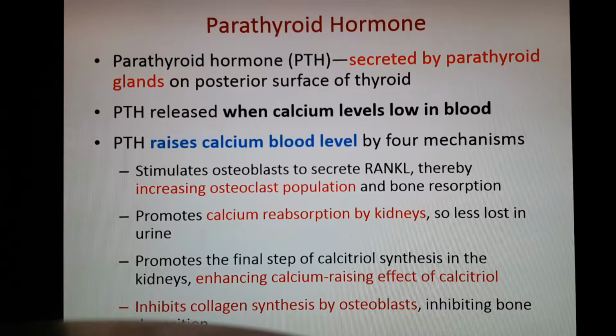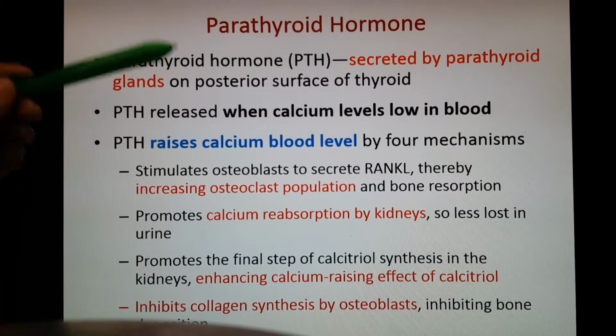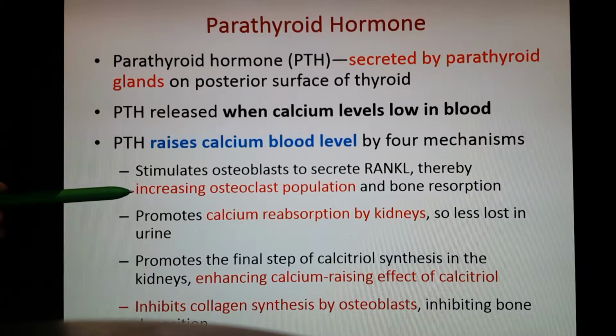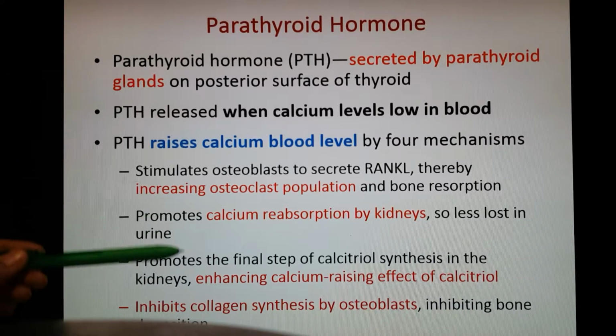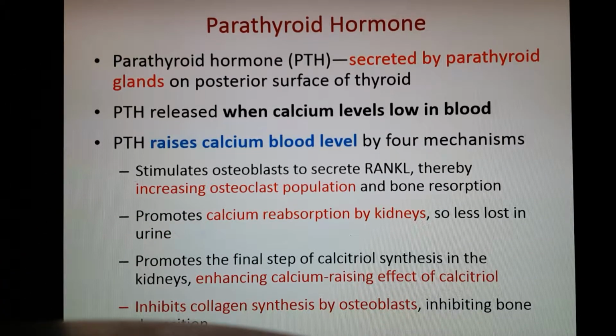Last one is parathyroid hormone. Its job is to raise calcium blood levels by increasing your osteoclasts. So more osteoclasts, more bone dissolving, and therefore releasing calcium into the blood. It helps to promote calcium reabsorption by the kidneys, so less of it is lost in urine, and it helps to enhance the effect of calcitriol. Calcitriol also raises your blood calcium levels. Then lastly, it also inhibits collagen synthesis by your osteoblasts. So again, less building of your bone, less calcium is being taken away from your blood, and therefore